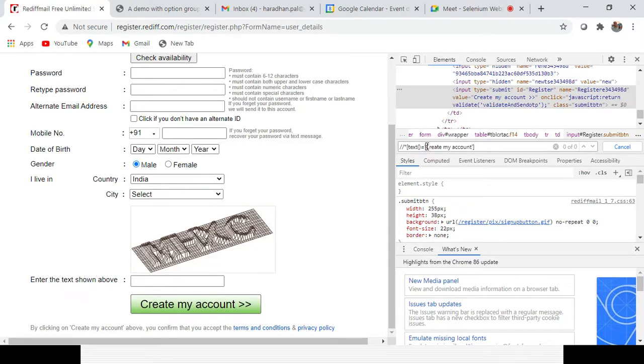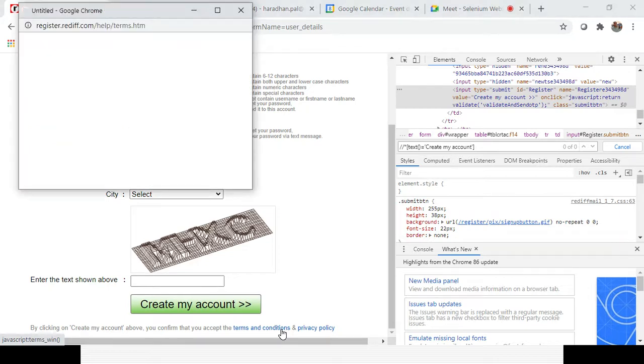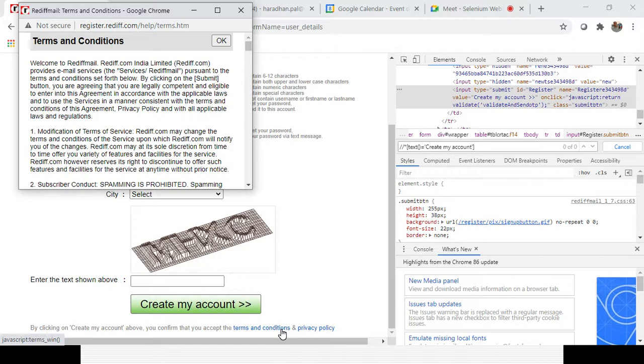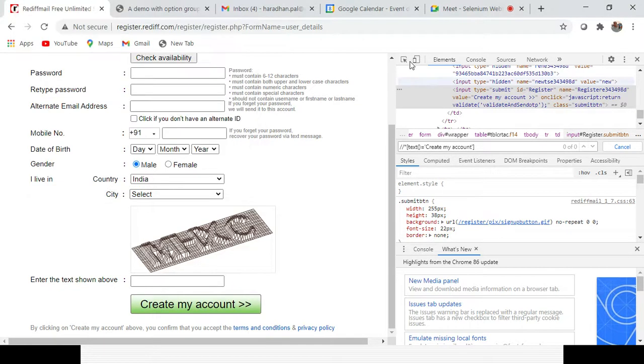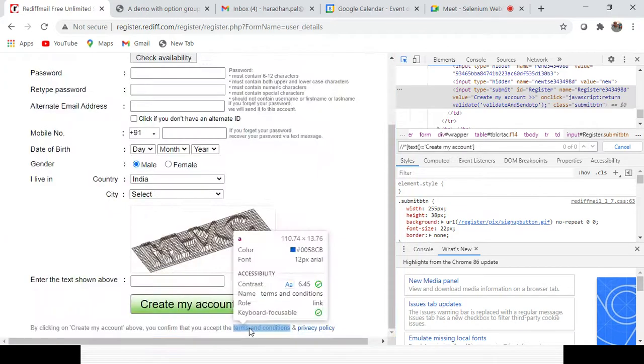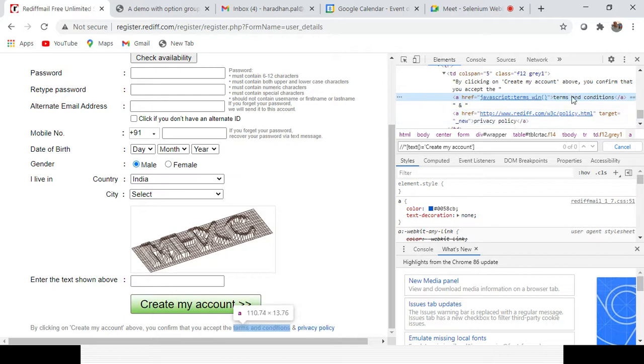So for this option you can't create it, but if you create it for a link, you can still create it with that particular value. Let me check. Here there is an option link, only the text value is applicable for a link or hyperlink, so that is the reason it is not allowing. Suppose this is the link, terms and condition. If you use that particular text, let's see whether it is able to create or not. You can see it is allowing.